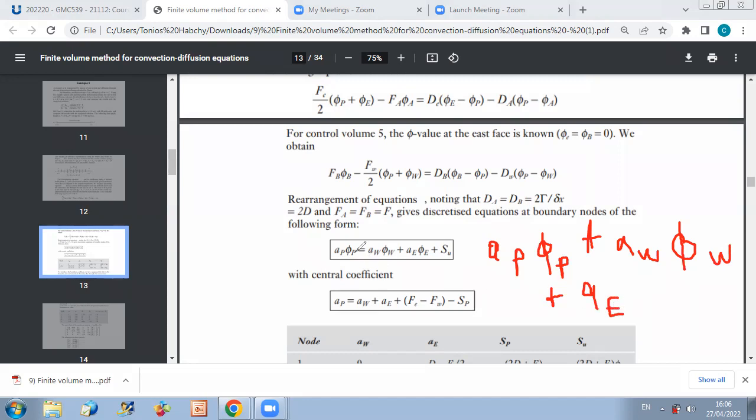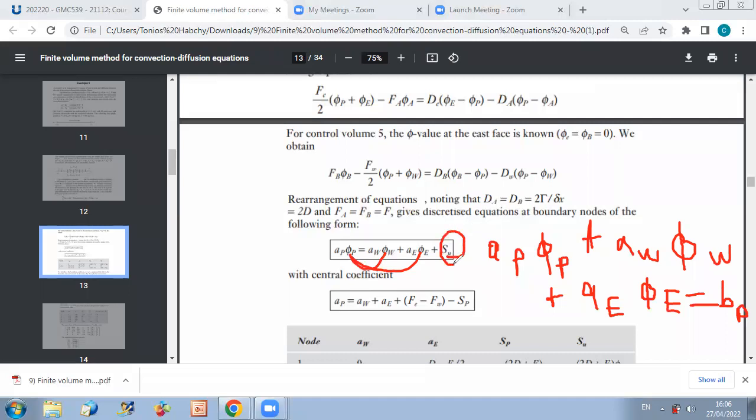They just changed it a little: they took the west coefficient and the east coefficient to the other side. It's fine. Their A is minus our A. But it's the same. At the end you have the same result. When you solve you get the same result. So A east phi east equals, we used to take BP, and here they call the source term